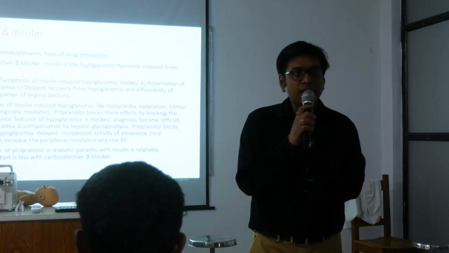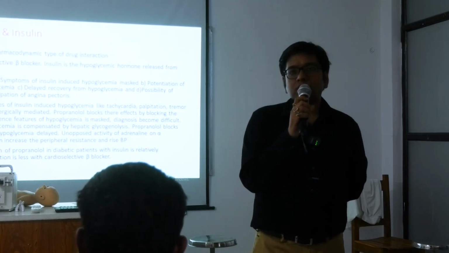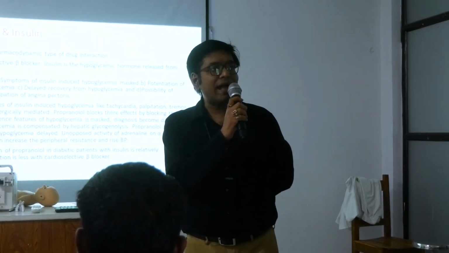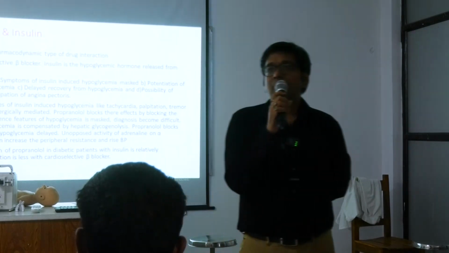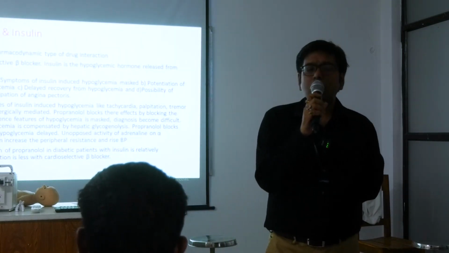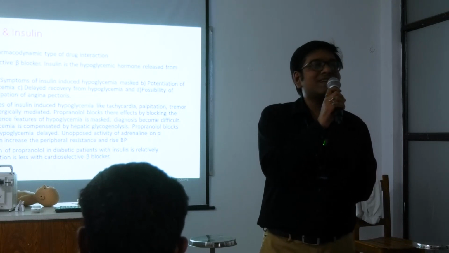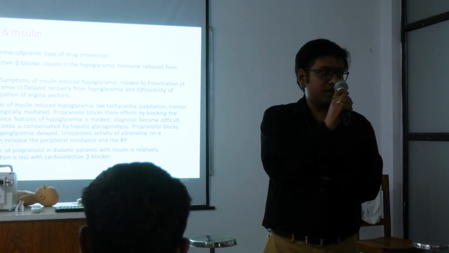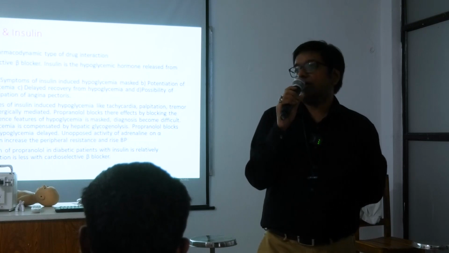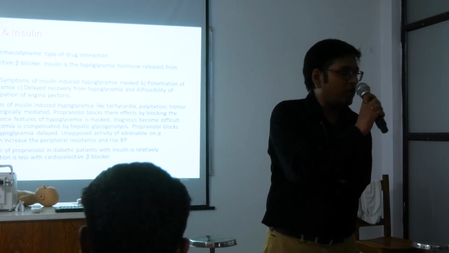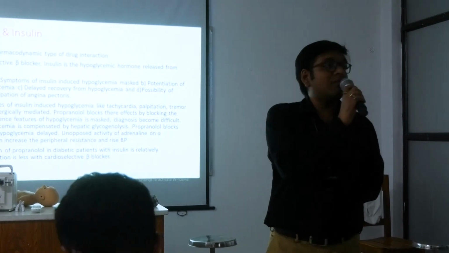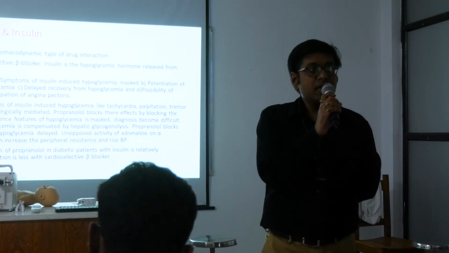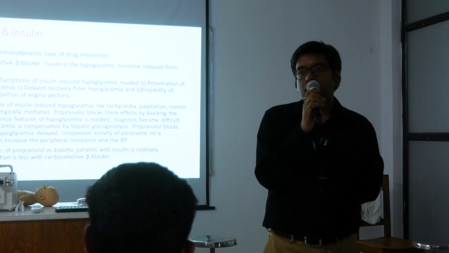tachycardia, sweating, increased hunger. All right, most of these symptoms of hypoglycemia are mediated by the adrenergic system. Sympathetic stimulation হয়. Propranolol is a non-selective beta blocker. ও সমস্ত beta receptors, sympathetic beta receptors কে ব্লক করে দেয়। So what happens? A patient when has hypoglycemia, diabetic patient when has hypoglycemia, if that patient is taking propranolol and that patient develops hypoglycemia, the symptoms of hypoglycemia are masked. Tachycardia, palpitation, even to some extent sweating, even the hunger sensation, এগুলো ভালো আসে না।